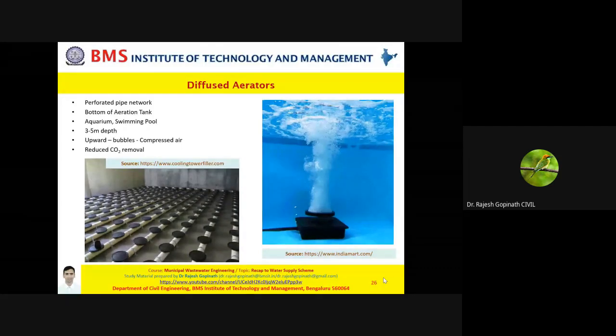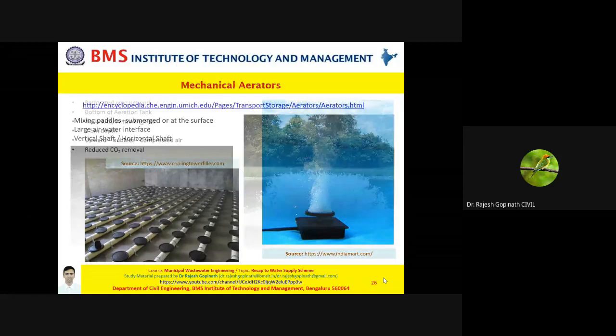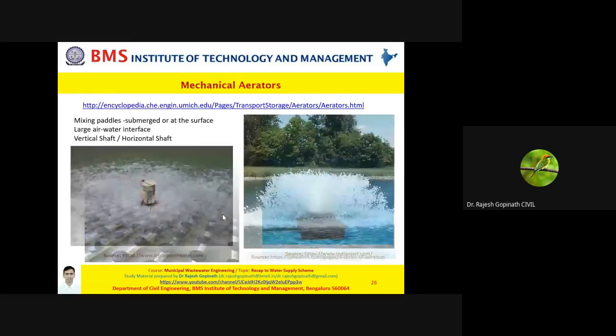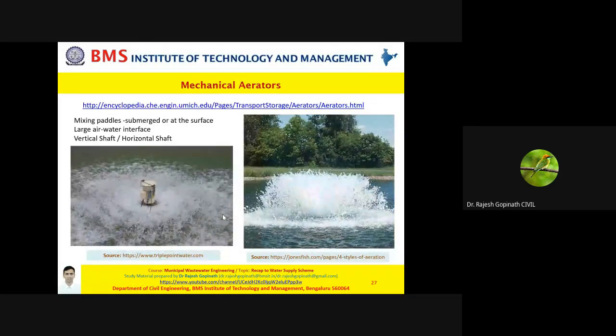Here you have diffused aerators. Now please remember that if you want to achieve aeration, there are only two ways: allow air to come in contact with water, or allow water to come in contact with air. So till now, whatever you have been seeing is bringing water in contact with air. Now, this is mechanical aerators. Please understand, every technique has its merits and demerits. Probably a mechanical aerator would not be successful in an ecosystem where it can endanger fishes.